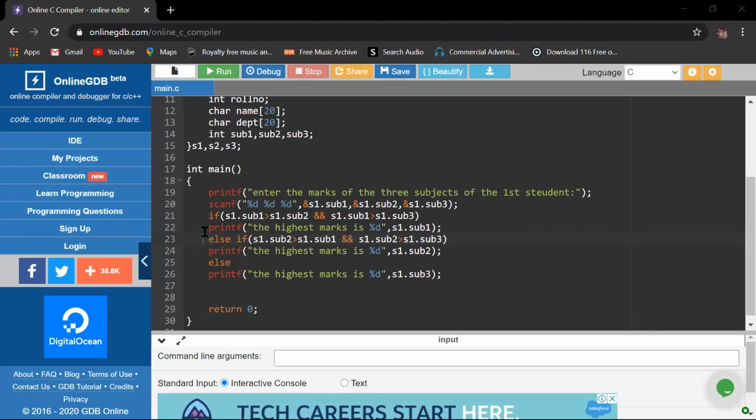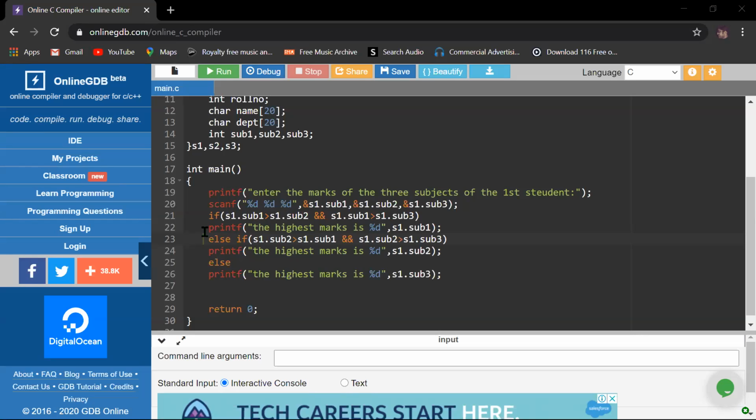Now move on to the display part. Again, we have to execute the for loop. For displaying whatever we want to display, we have to execute a loop because I am working with the array. There is no single variable; there is an array, but this array is declared in between the structure, not a single variable array. Now for displaying the highest marks of each and every student, we have to execute our loop once again.